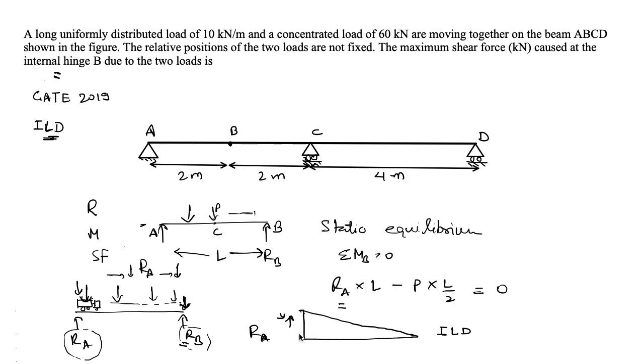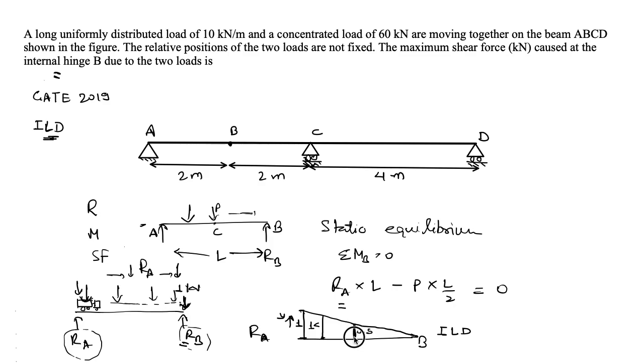So the reaction will be, if we have drawn to some scale, for example, the reaction will be 1 if a unit load is passing. Let's say this load that is moving on the span is 1 kilonewton. So this reaction will be 1 when the load is at A, then it will be some value less than 1 when the load is somewhere here. Then when it comes at mid span, this value will become 0.5, and then at the end of the span, or at point B, it will become 0.